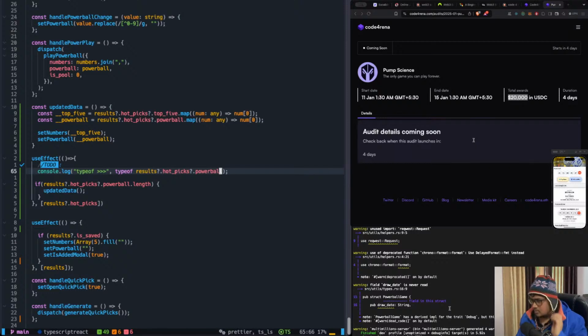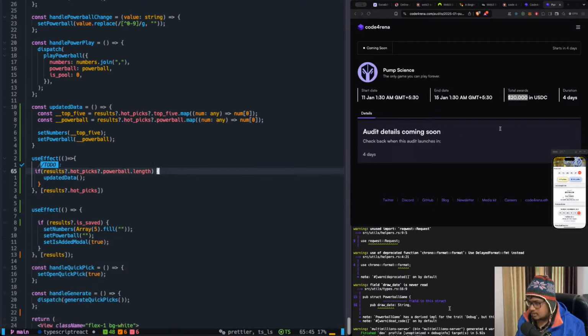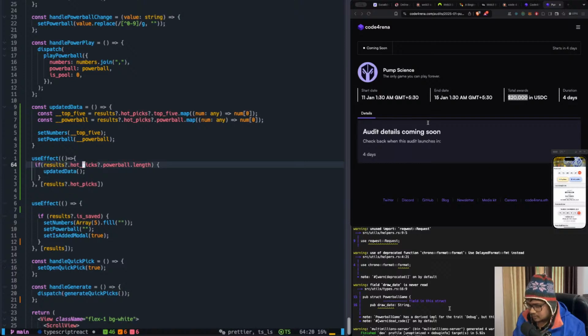Map num any. So you see, I think we have implemented this thing, and what we were trying to do is, as soon as we click generate, these power balls need to get updated with the recent numbers that we fetched, right? The hot numbers. So instead of this hotpicks.powerball.map,